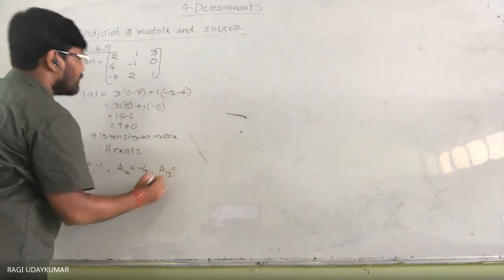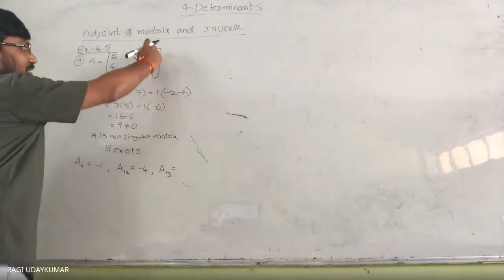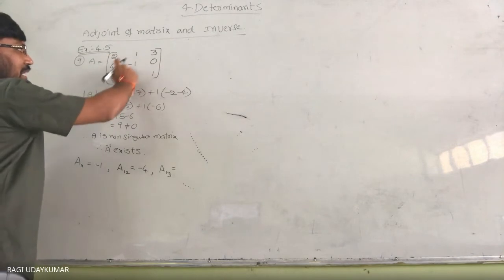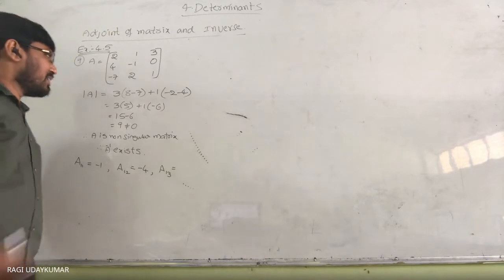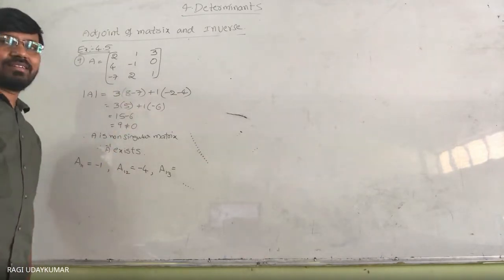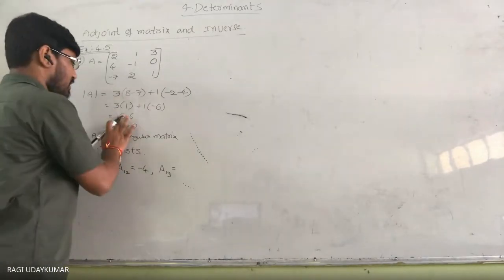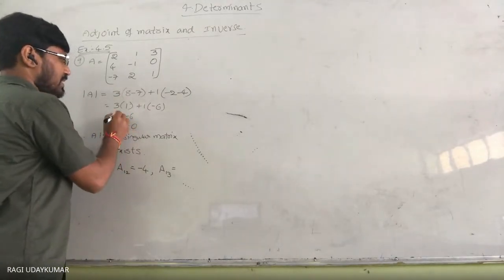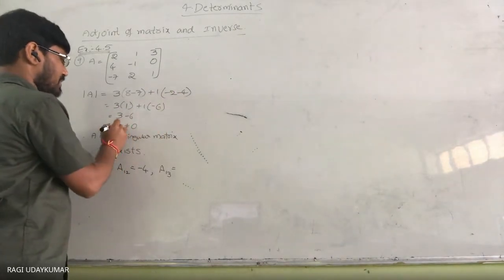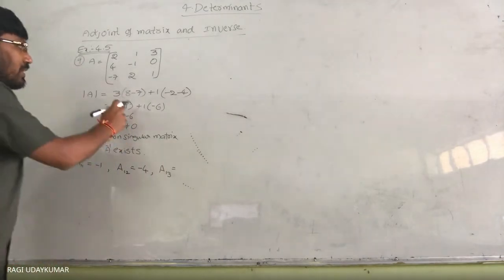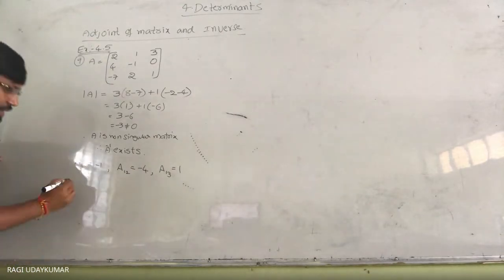This is 1, 3. This is already done, and it comes with a positive sign. This is 8 minus 7. Sorry, what I did and what you are observing: 8 minus 7, I wrote 5 here. Oh, 8 minus 7 is 1. You are not at all observing. Here 3 minus 6, correct this also, minus 3. Whatever it may be, minus 3. So the cofactor of the first row third column element is 1.